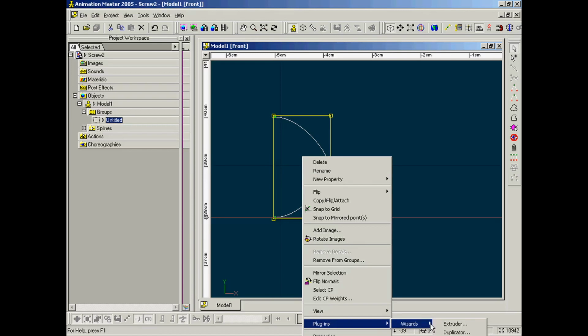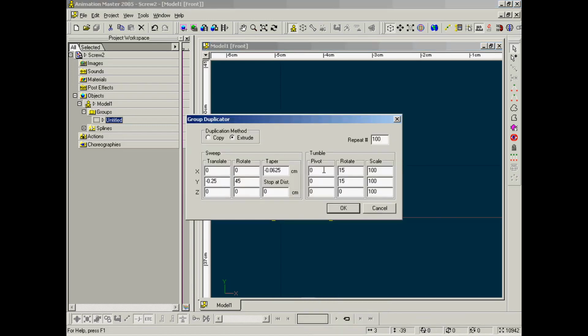And one last thing I want to show, the pivot. This one's a little complicated to explain, but this pivot, normally it's going to pivot around the center point of the bounding box for the group. This pivot is an offset, so it can sweep around,